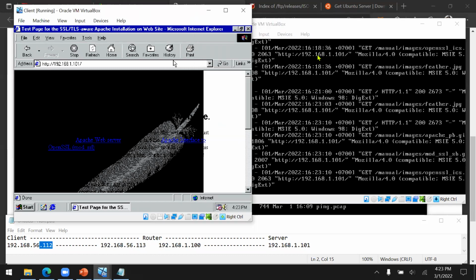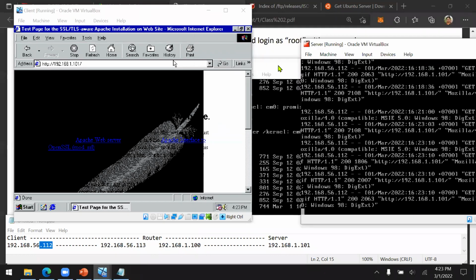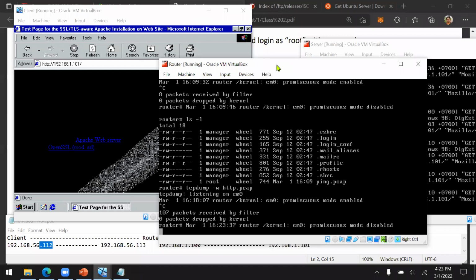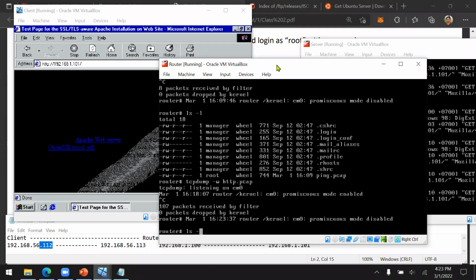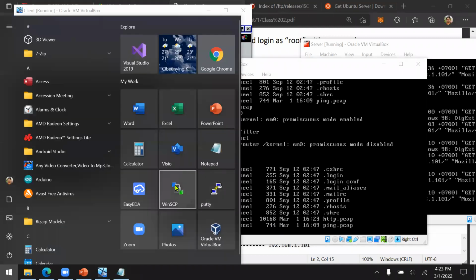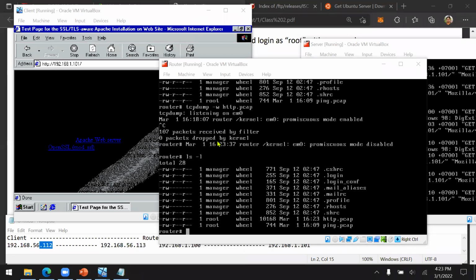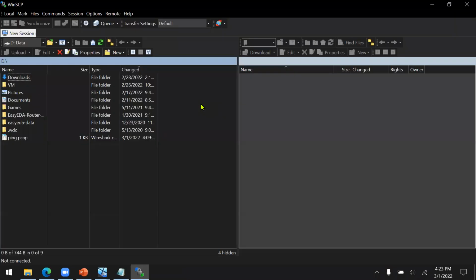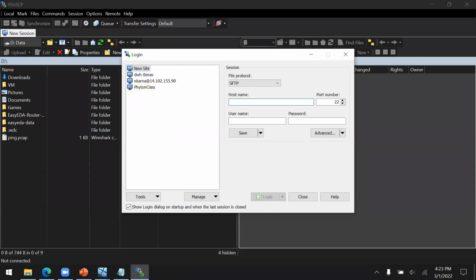Okay. Now, let's move on to the tcpdump. Just Control C, and now we already have the http.pcap. Oh, it's a very big file, but don't worry, you just need to download this file. 192.168.110, sorry, 100.